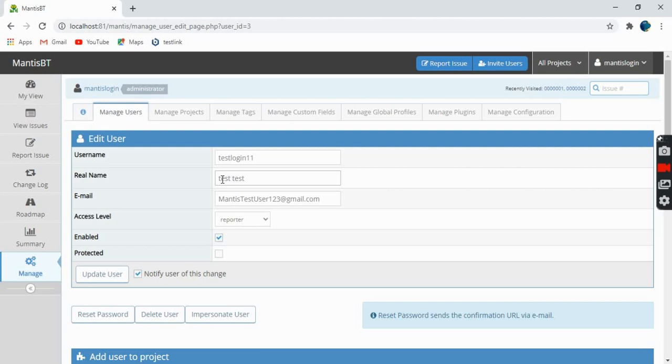So everything will be in the email: the instructions to activate the account and set the password. And information about the user like username, email, IP address will be included as well in the email. Okay, so these are some important points.